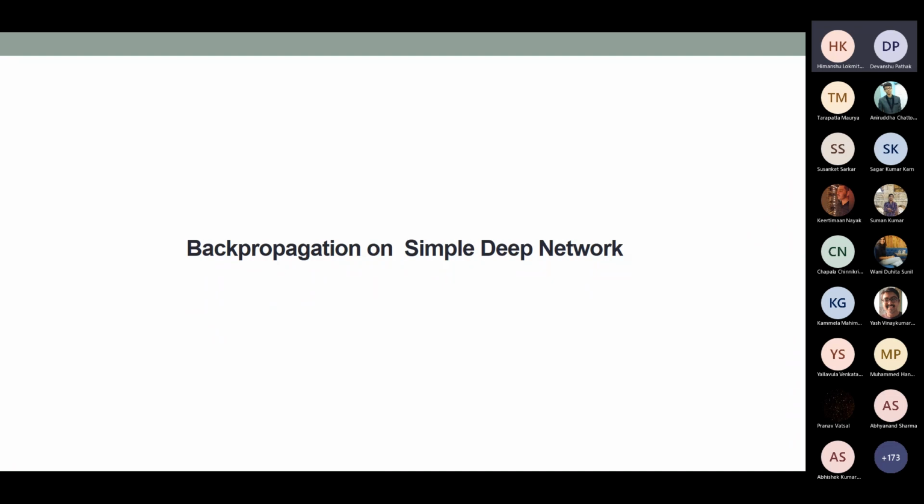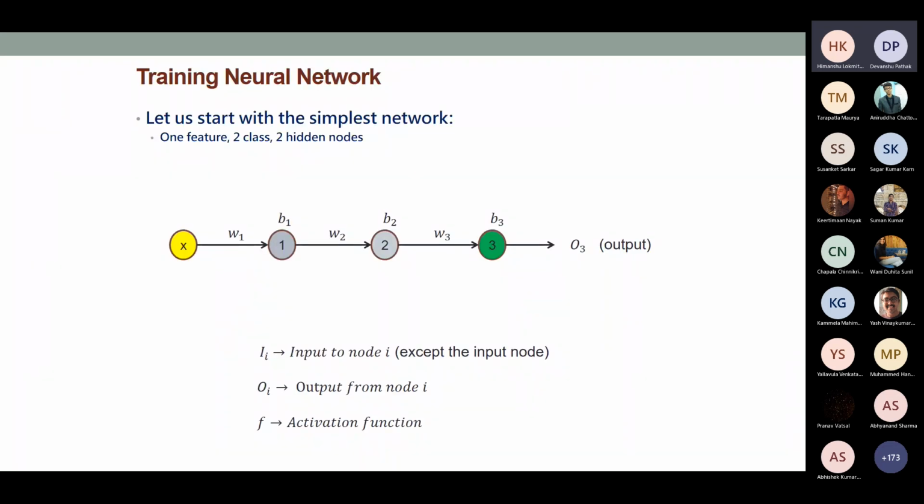So what I would like to do is take a very simple network, just to establish the idea of how it actually works, and then we take a slightly more complex network and see how it can be applied there. Let me start with a very simple network, probably the simplest one that you can consider. You have only one feature, a one-dimensional feature vector, in your data. The data has two classes, for instance positive or negative, yes or no. And I have taken only two hidden nodes.